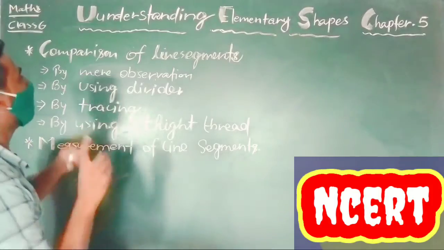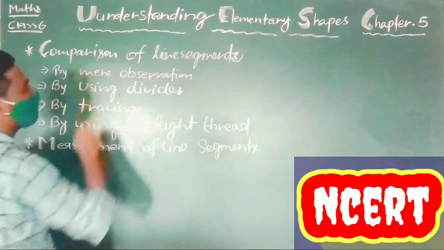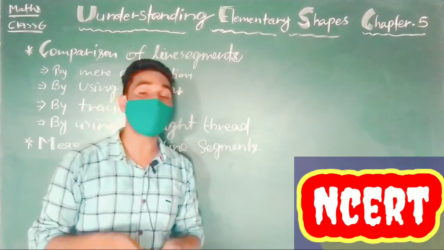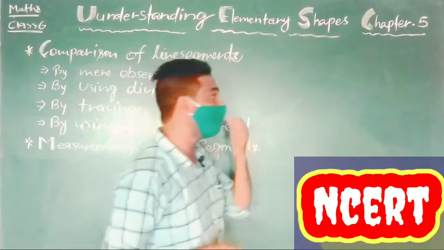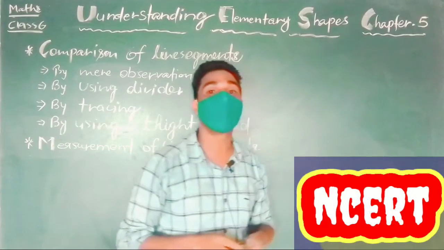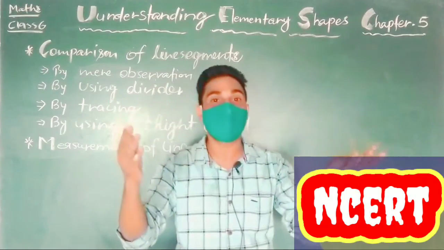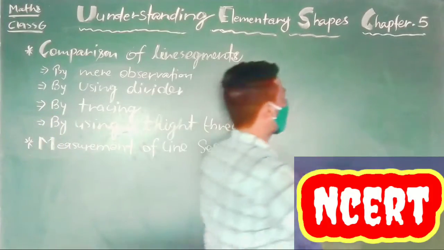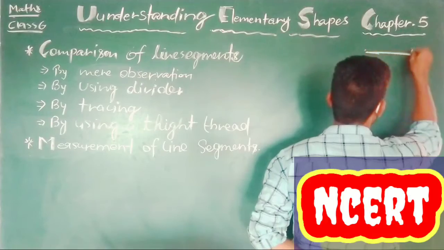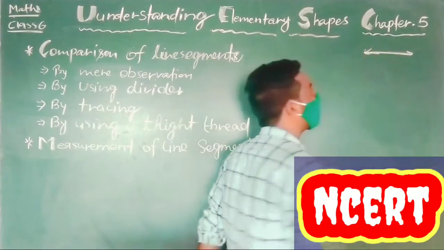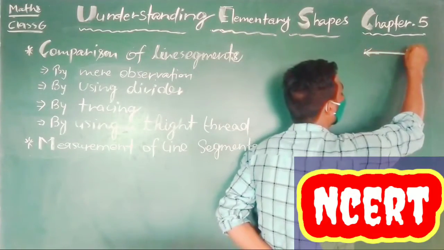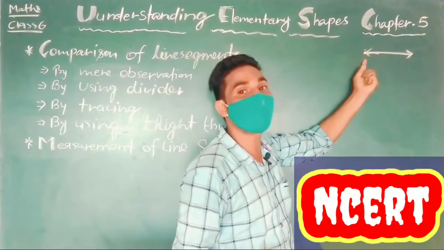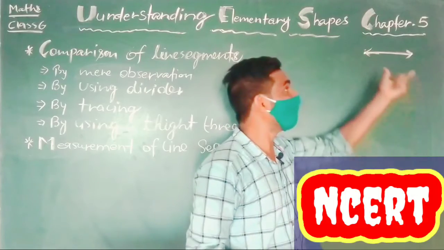One more thing I must tell you: we learnt about line segments, but we are not going to measure a line. Why? You know very well, a line does not have a definite length, because a line is a straight path which can be extended endlessly in both directions. So a line does not have end points. If an end point is not there, then we cannot measure, because where will we start to measure from, and until where? So a line cannot be measured.